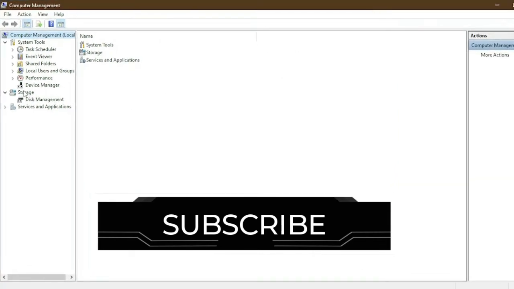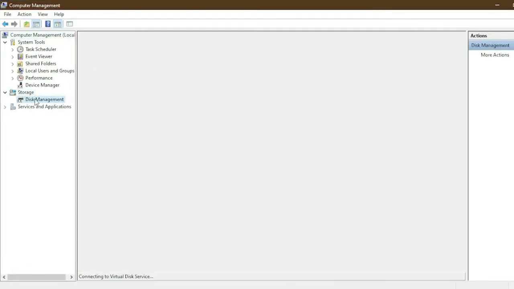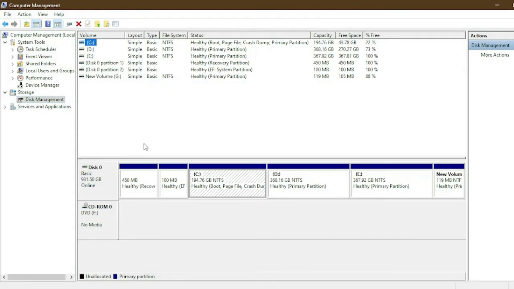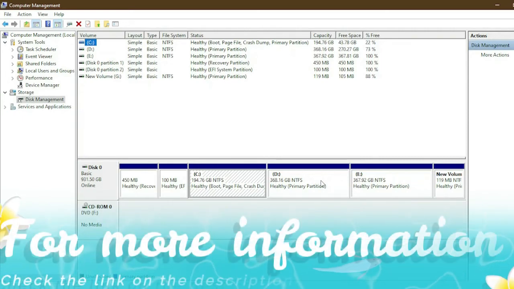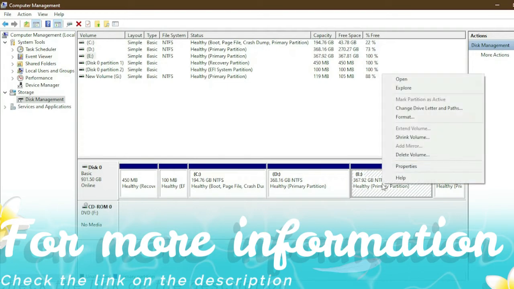In the storage you can see disk management. Click on it and now I can see all the disks of my device with their total storage. For example, here is local disk C. I have told you that I will partition the local disk E. So click on it and we have to right click and